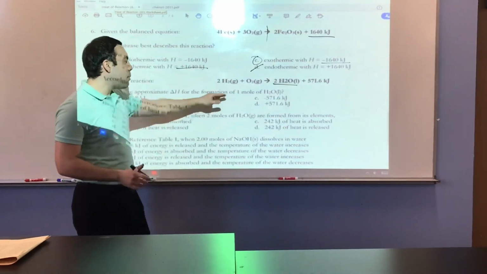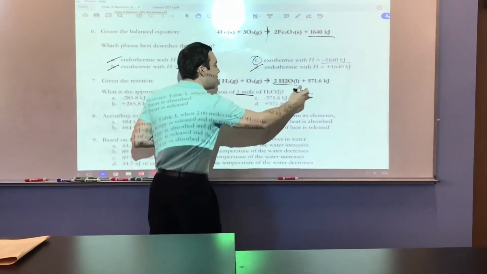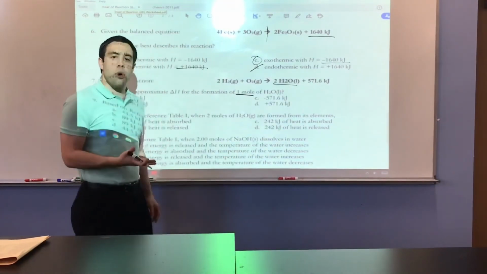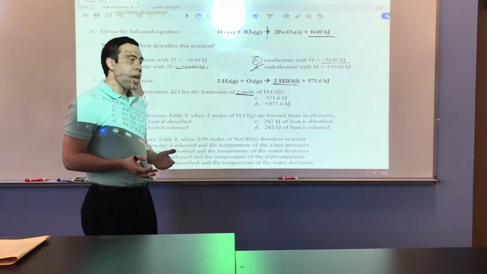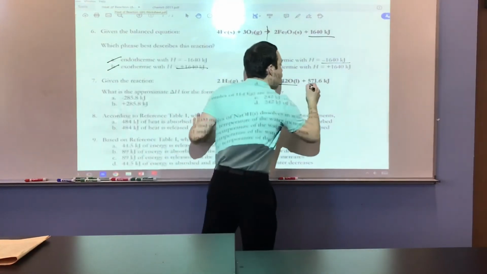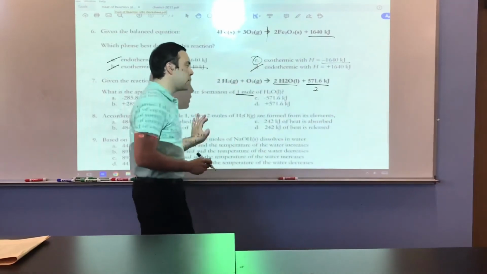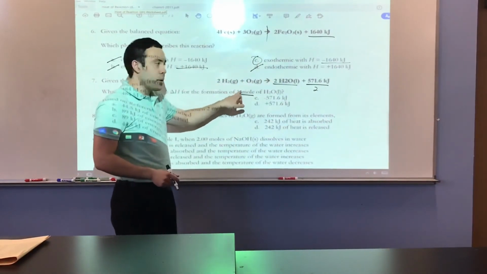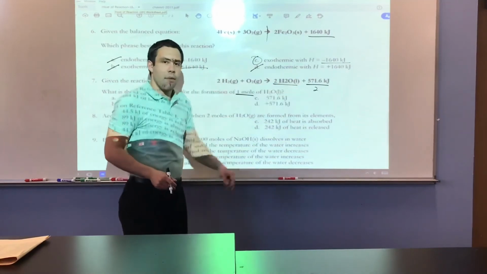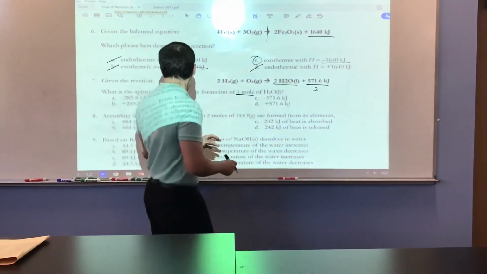For this problem, I only want to know the delta H for 1 mole of H2O created. So what I must do is divide the number of kilojoules by 2. Here I'm making 2, but I only want to make 1, so I must cut the energy in half. When I do that, I get